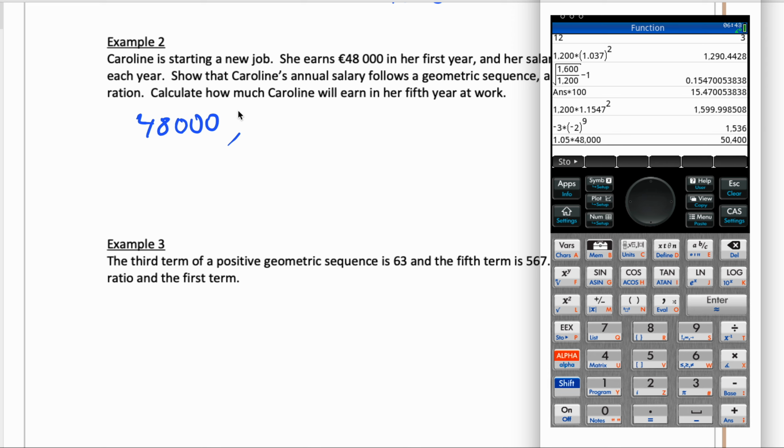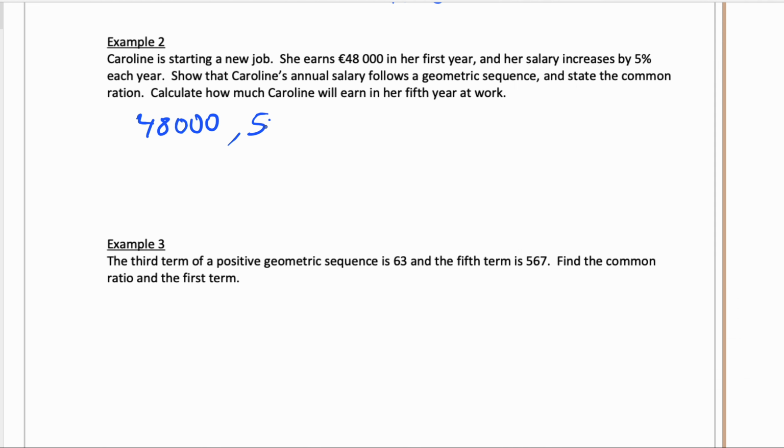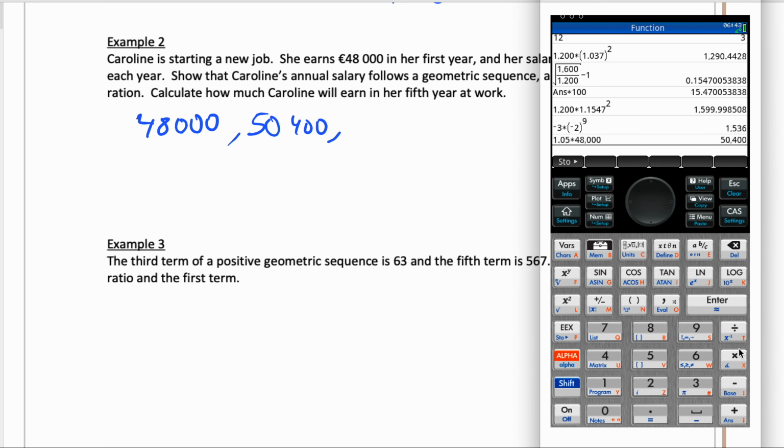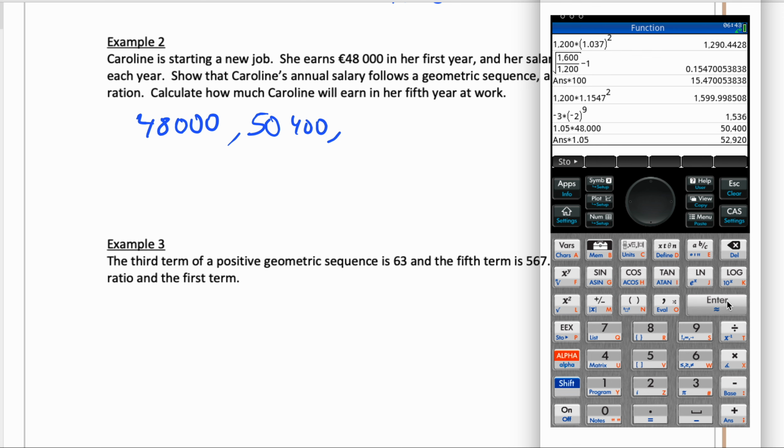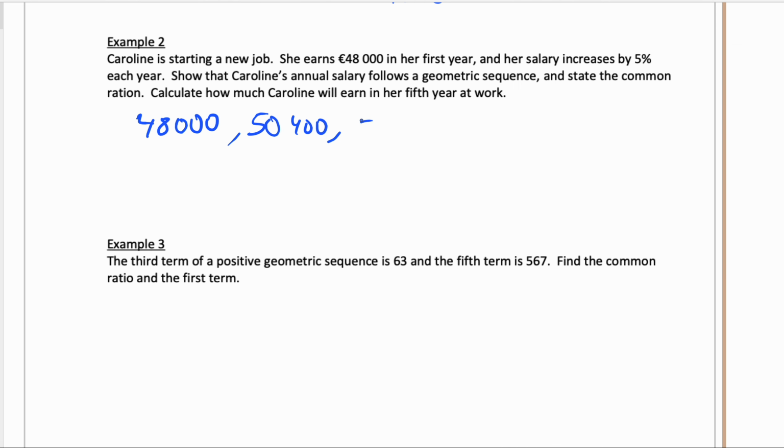Okay, and then we get 50,400. And the next one, you would just multiply by 1.05 again. 52,920. Obviously what I just did there was multiply by 1.05. Each year you're multiplying by 1.05. So that's the r value, because that's what we're multiplying by each time. And of course U1 is